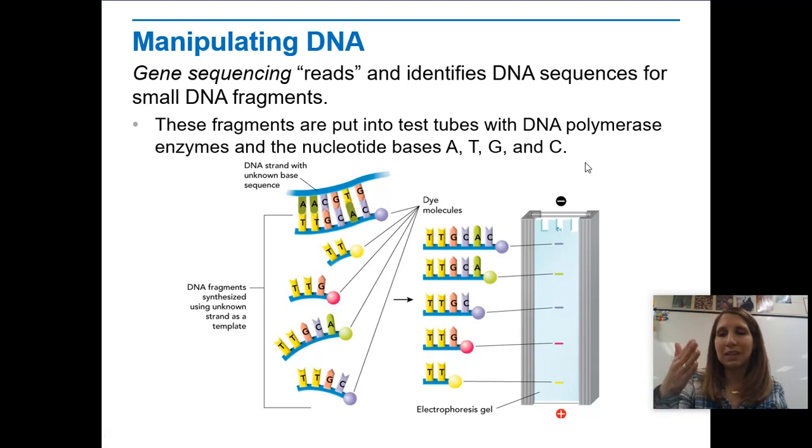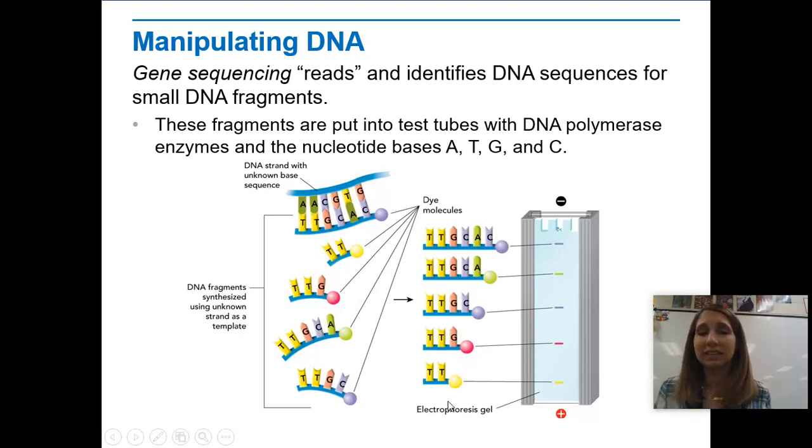And so what we end up seeing is fluorescent tags get incorporated at random. The DNA polymerase just picks up an A and it may or may not have a fluorescent tag, but where that tag is added is where the sequence stops. And so these giant machines basically replicate or mimic this process of replication, but with these fluorescent tags. And in so doing, we can organize these fragments according to size